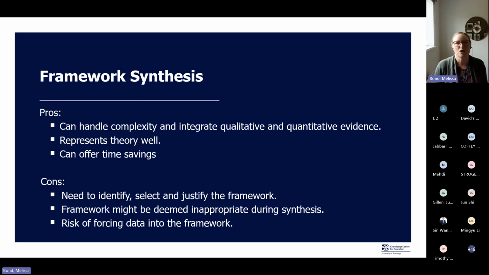And so at that point, you either need to change the framework that you're using, or you need to adapt the framework as a result. And then that can be the result of the work that you're doing. And of course, with that, you have the risk that, if you're so desperate to use one particular framework, you might find yourself trying to make the data fit this predefined framework, and it just doesn't. So that is also an issue.